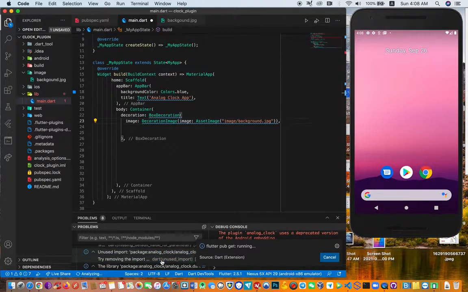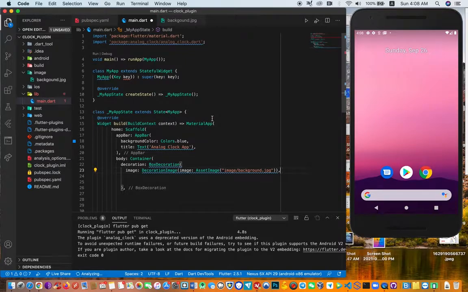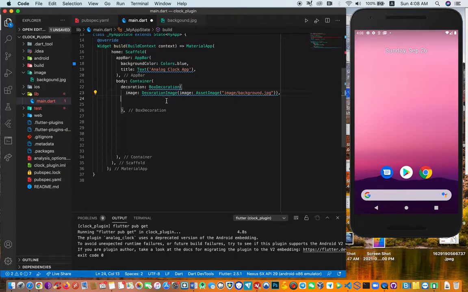I think it's telling us some errors, but not really any serious error. Okay, yeah, we are not using the clock. Okay, I got it. The clock package here. Okay, good. So now we have the image. This image we need to actually